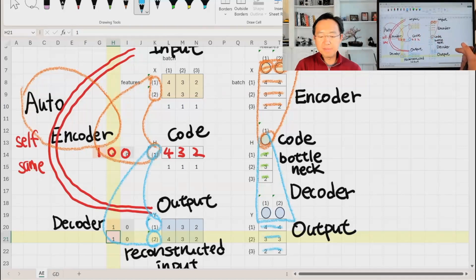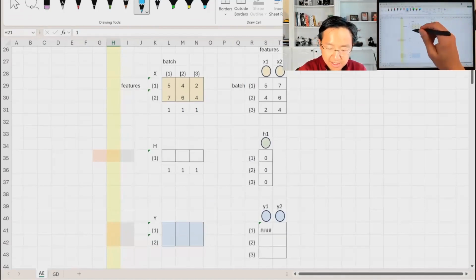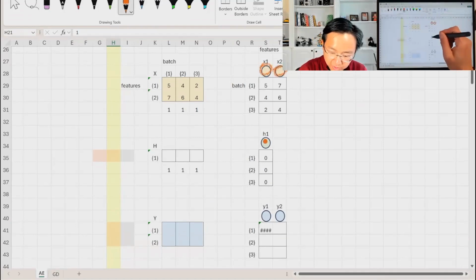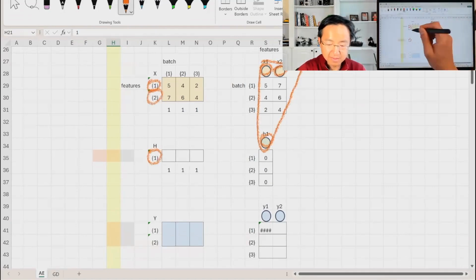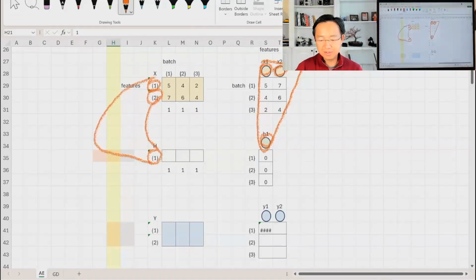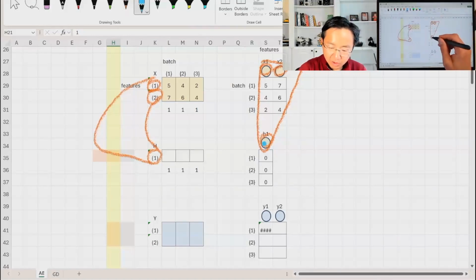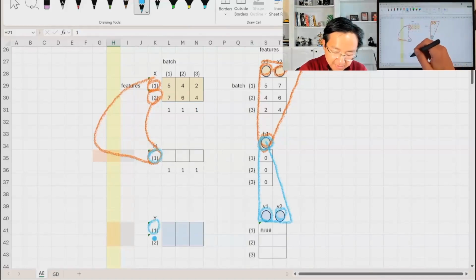So the first one looks a bit messy. I have another example just to highlight some of the points we're talking about. I would like to draw the encoder first. So over here is a 2 to 1 encoder. Okay, so this is my encoder. And then the equivalent drawing on the left in matrix form looks like this. There's a bit of a distorted triangle shape. And on my decoder stack, they will be going from 1 to 2. Look at this triangle, but in a different orientation, flipped upside down. And on the left-hand side, I can draw the same thing to allow you to